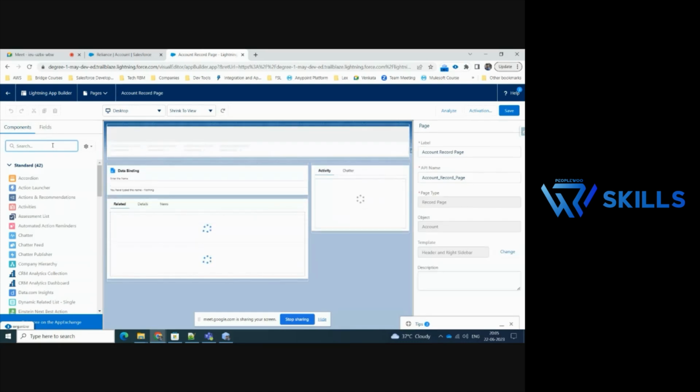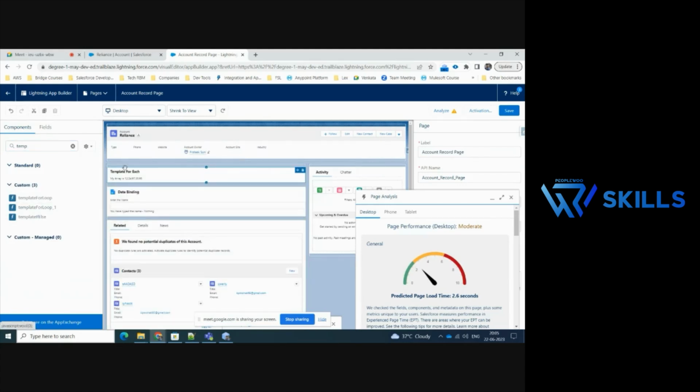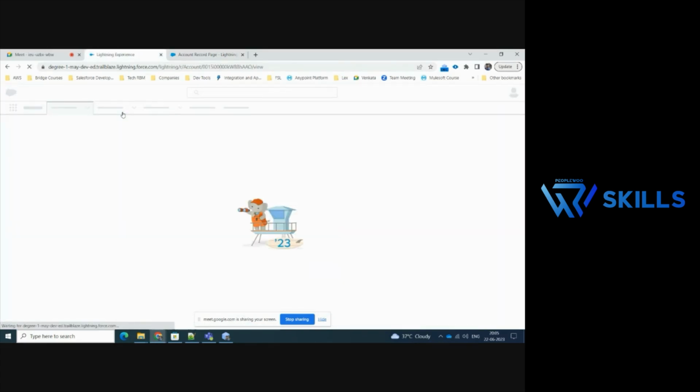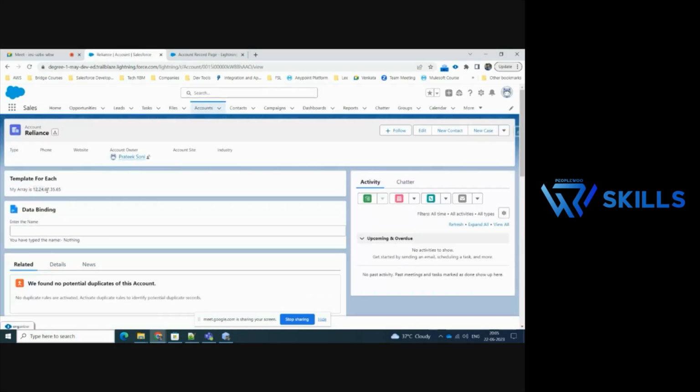The name I have given is template for. So see, the entire array got printed here. But what if I want it in a tabular format, or let's say one by one in the next line, like 12 should be written, then below that 24 should be written, 67 should be written, like that. In that case, we use our for loop,